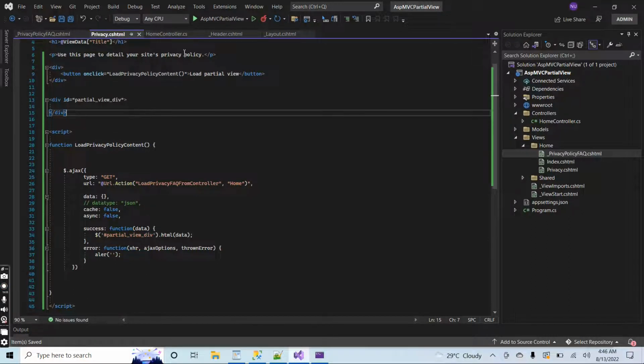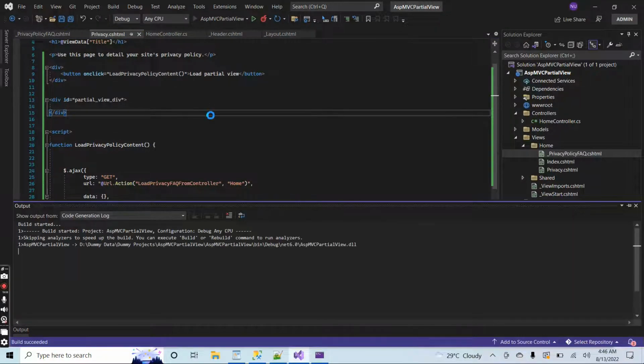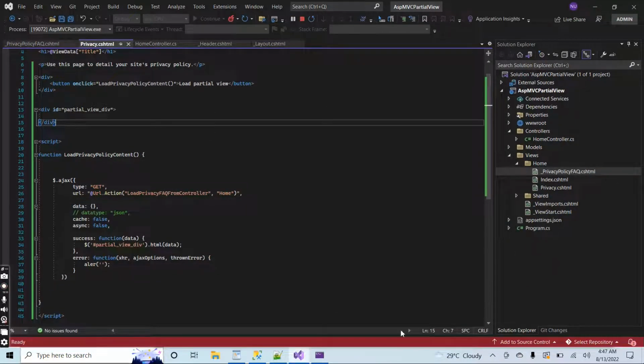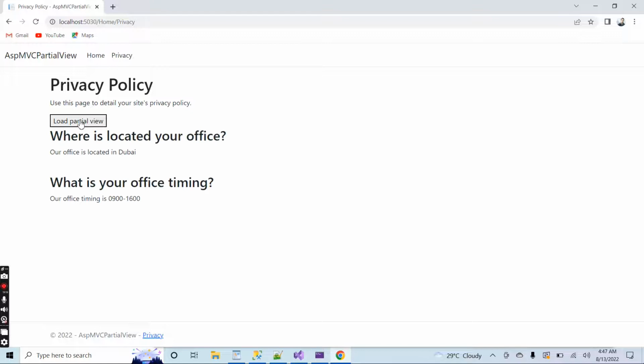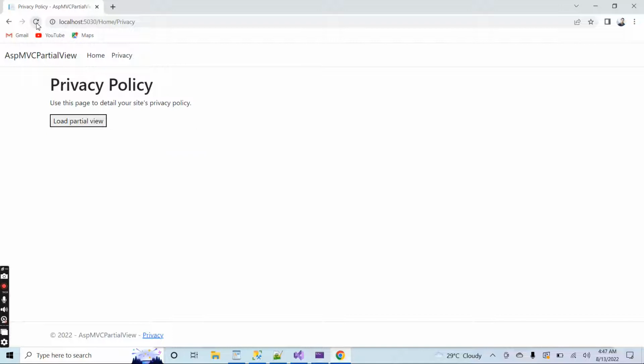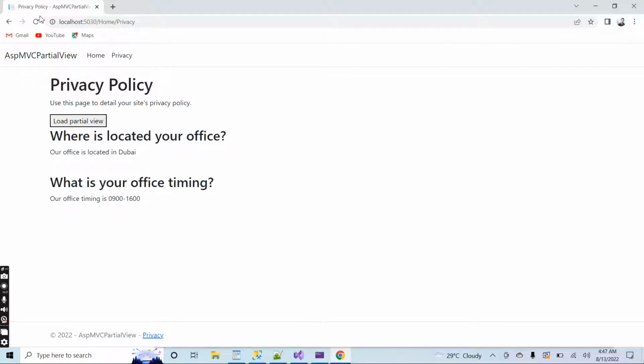Let me save all the things and run the application, and I think you will understand it better. The privacy policy page, now click on this button. You can see that the content is loaded successfully. Refresh the page again, click on load partial view. Refresh again, load partial view. You can see that the whole page is not refreshed. Only this content is replaced, this partial content is replaced, and this partial content I am loading from the partial